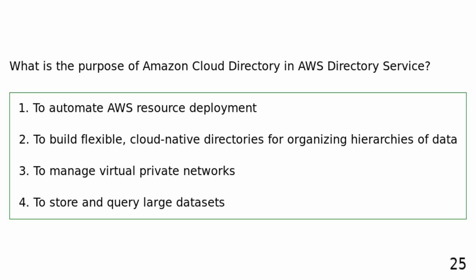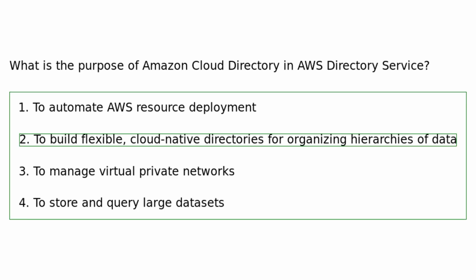services. What is the purpose of Amazon Cloud Directory and AWS Directory Service? To automate AWS resource deployment. To build flexible, cloud-native directories for organizing hierarchies of data. To manage virtual private networks. To store and query large datasets. Amazon Cloud Directory and AWS Directory Service is used to build flexible, cloud-native directories to organize hierarchies of data for